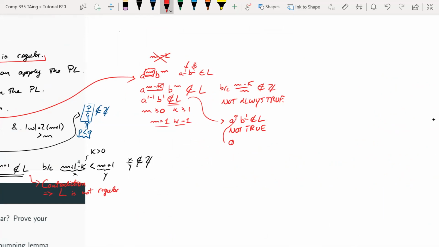That should not be in Z. But for this case, if I take 0 and I divide that by 1, I get 0, and this is in Z. And so my opponent, who's very clever, was able to find a particular setting here where my proof doesn't work. And so that's the reason why